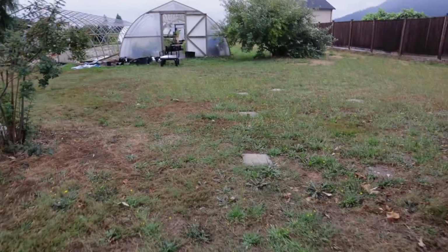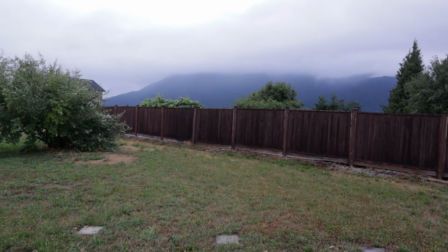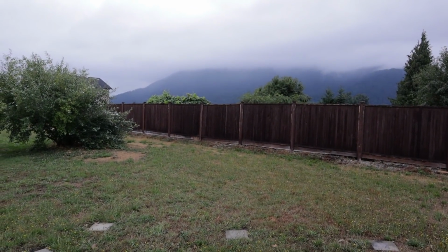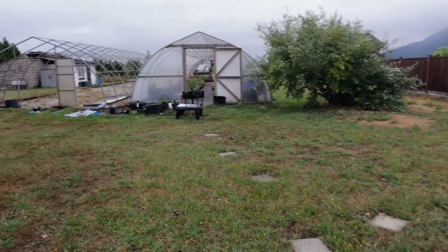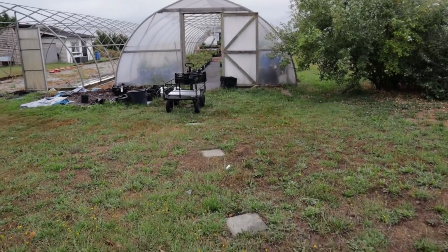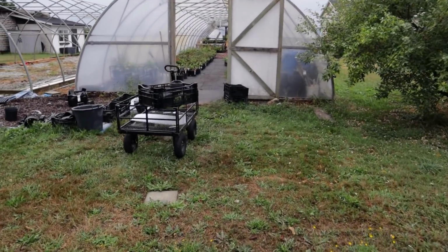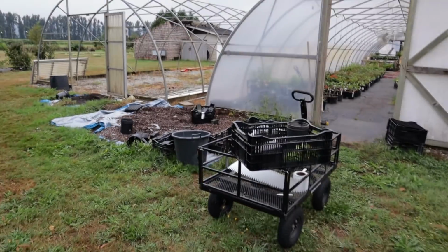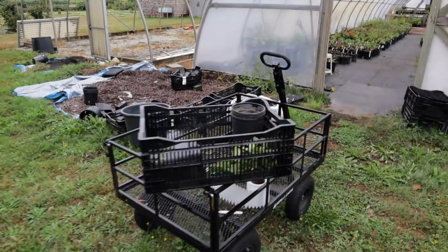I have 4 greenhouses on the farm here. People have remarked on past videos that we have some natural beauty, what I guess they call borrowed landscape in the background, some nice mountains, and that's always a nice feature and something I can't take any responsibility for, but I'm sure happy to take advantage of. As people approach our greenhouse, and yeah, we're in kind of working mode here. We've been taking cuttings and filling trays,